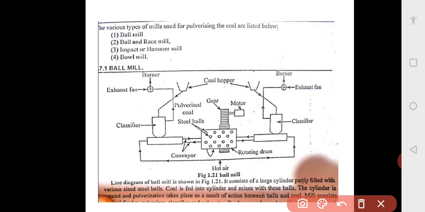So what are the main features? The grinding elements in this mill are not seriously affected by metal scrap and other foreign materials in the coal. See, if you go to the flour mill to get your jowar or wheat ground, and if any steel particles or metal scrap is there, then it will damage the grinders. But here, because the balls are made of steel and are also hardened, they are not affected by any metal scrap.